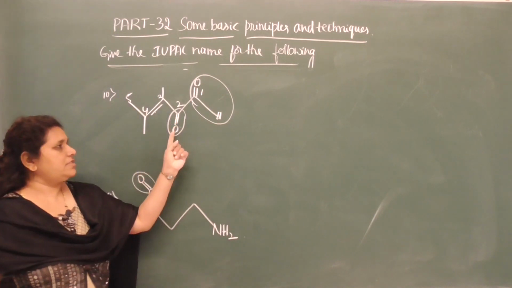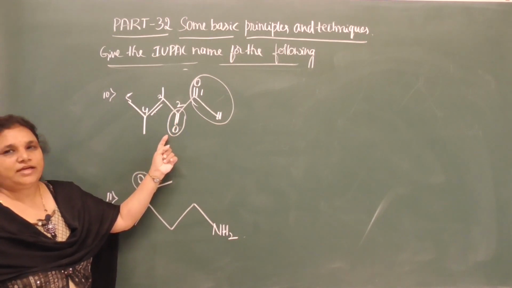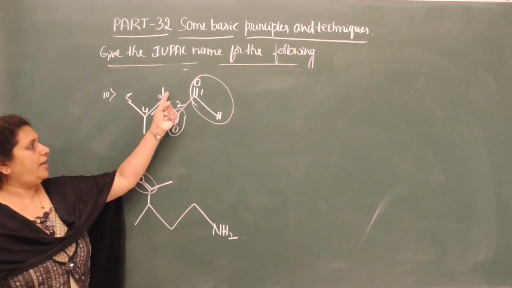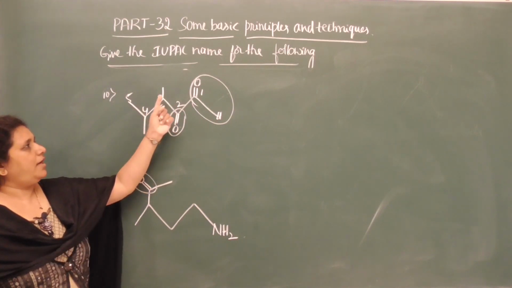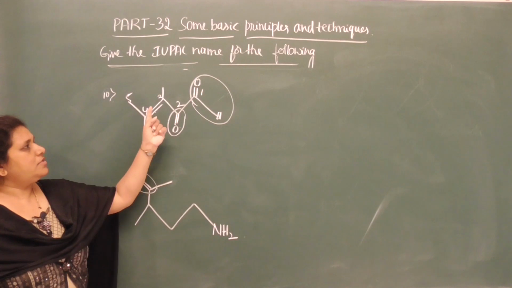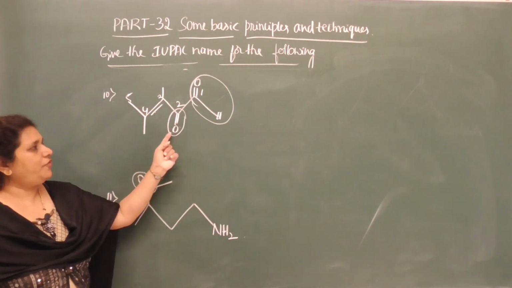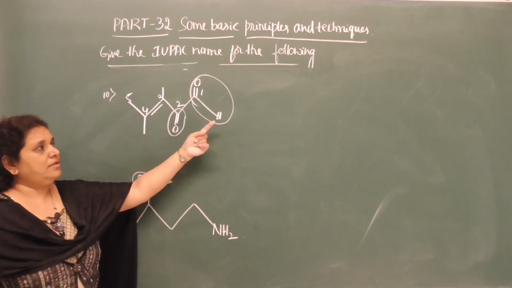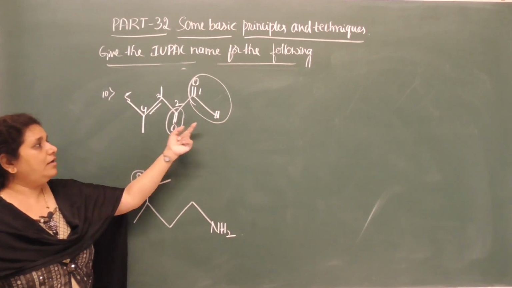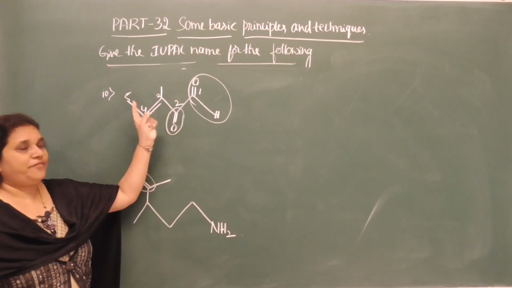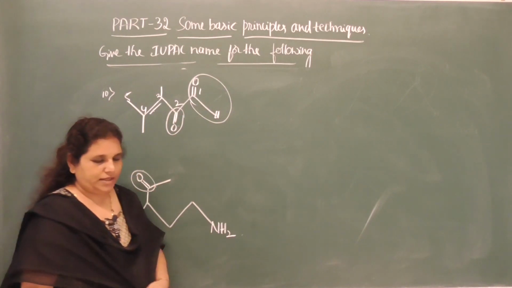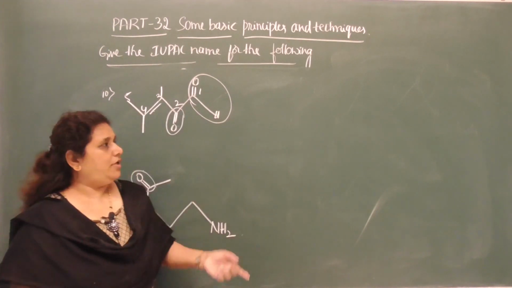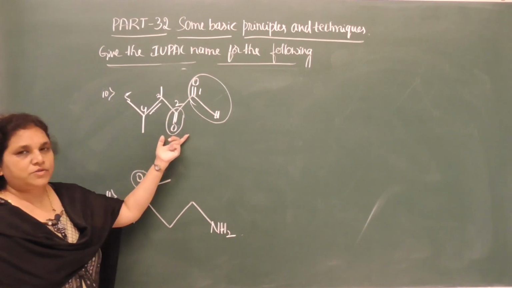See here, this is a secondary functional group. We have to take the prefix, oxo or keto. These two are methyl groups at the third and fourth carbon, and a double bond is also there. If you use keto as a prefix for the C double bond O group, then it comes first in alphabetical order. If you use oxo, then it comes after methyl. So you need to arrange them in alphabetical order. Either you can give keto or you can give oxo. Now I will give the prefix oxo for the ketone group.